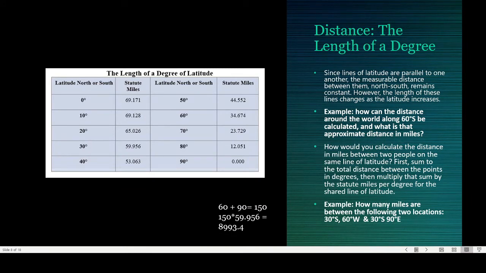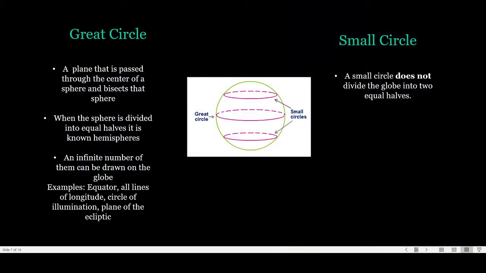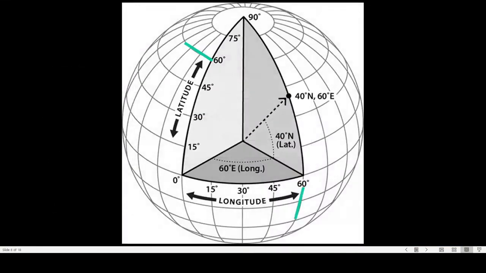How can the distance around the world along 60 degrees south be calculated, and what is that approximate distance in miles? So you would look at 60 degrees and find the statute miles, which is 34.674. And to solve this, you would multiply it by 360 degrees. And I got that value